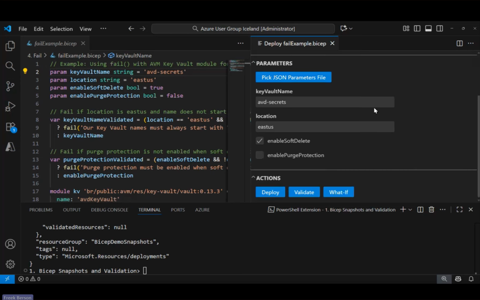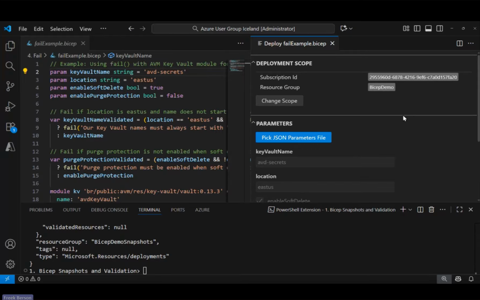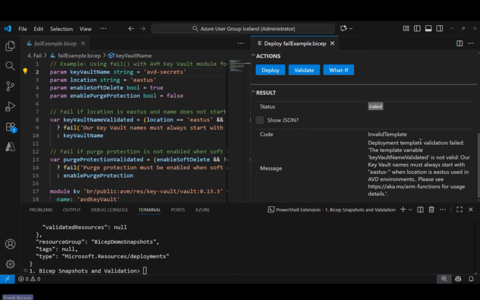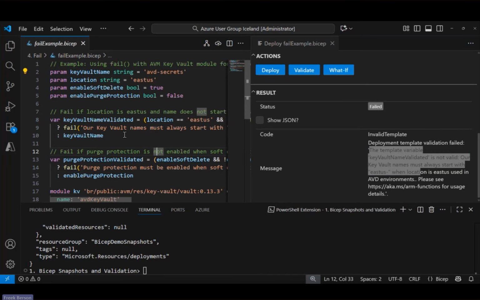So I'm using the deployment pane here to quickly do a validate of the template. In case you're not familiar with this, it is one of the big benefits of the VS Code extension as well, allowing you to do things like validate, the what-if that Esther mentioned earlier as well, or even direct deployments right from within the VS Code console. So within a couple of seconds, it should fail, and that is what we're seeing here. So we're now seeing this customized error towards the administrator, not only saying that it failed, but also some of the reasons why.